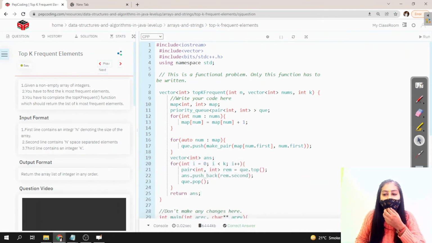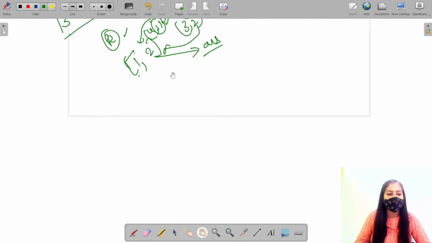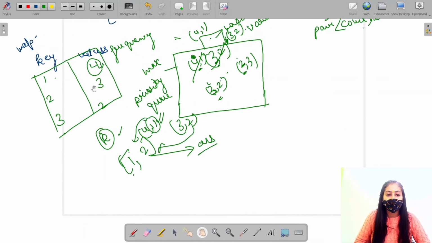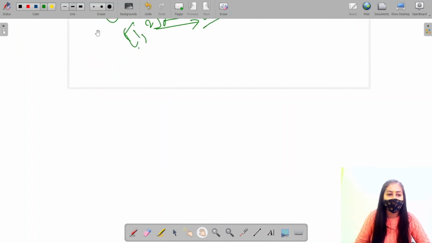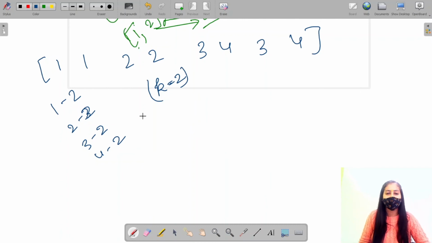Now it may be possible that your particular test case will not pass for this solution. Why? Because we are not concerned about the order of the answer. For example, if we got an array like 1 1 2 2 3 4 3 4, the frequency of 1 is 2, of 2 is 2, of 3 is 2, and of 4 is also 2. Suppose k is given as 2.